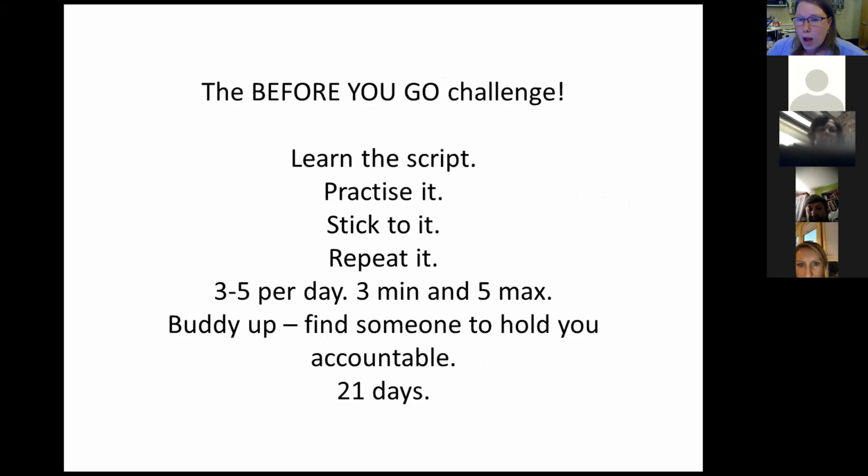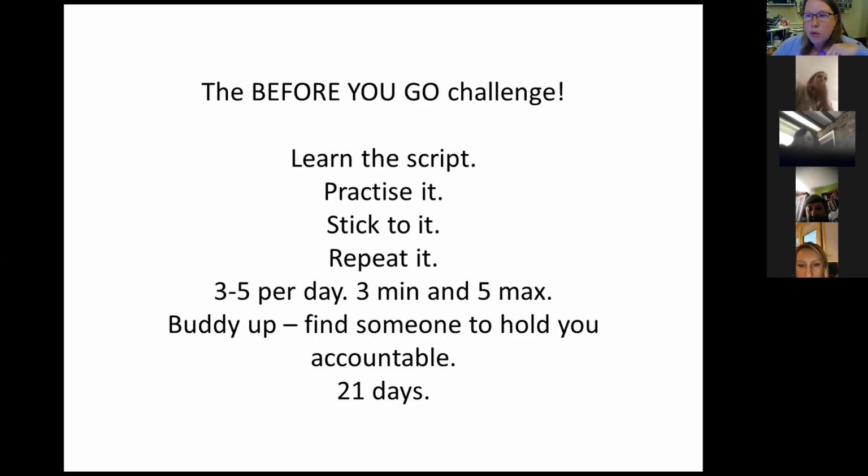So I'm going to call this the Before You Go challenge. This is what we need to be doing as many times as possible on a daily basis. And quite frankly, I know I'm certainly not doing it enough. Dad was saying the other day he doesn't think he's doing it enough. And I know there's a lot of people in my team who are not making the opportunity to just get chatting to people and whipping the card out and showing it to as many people as possible.